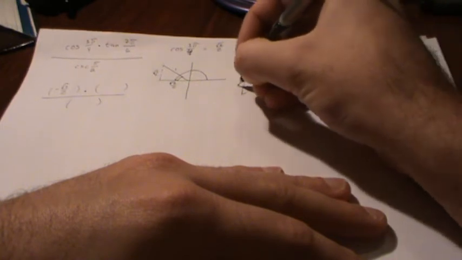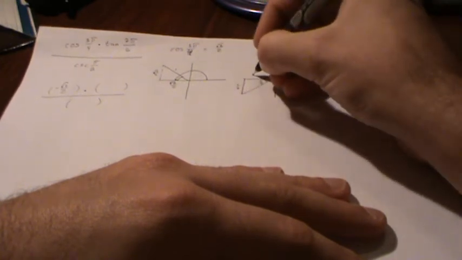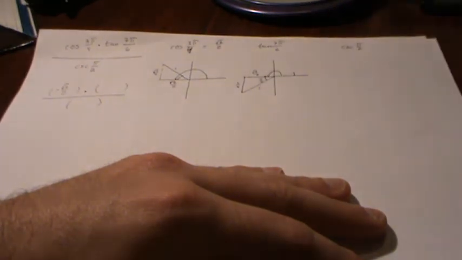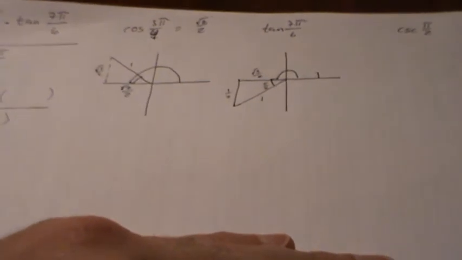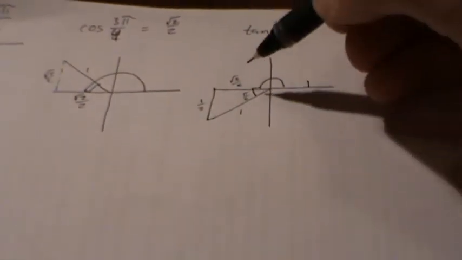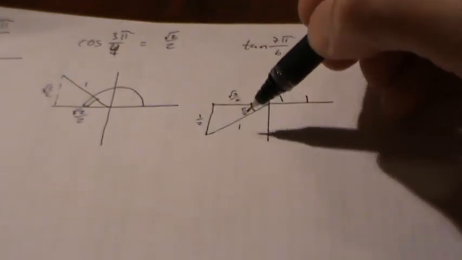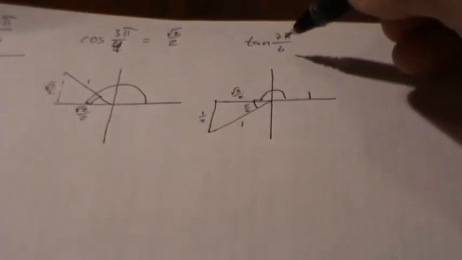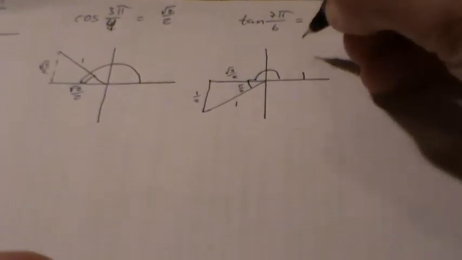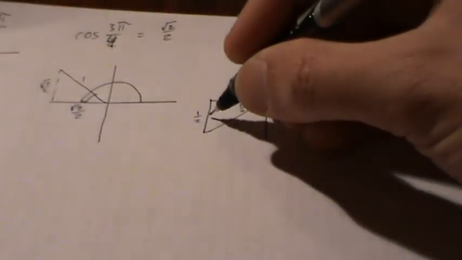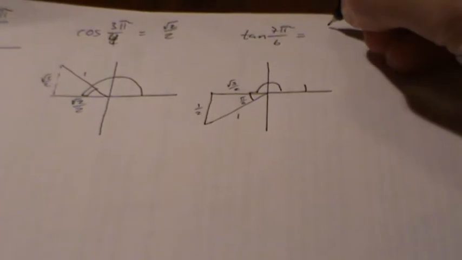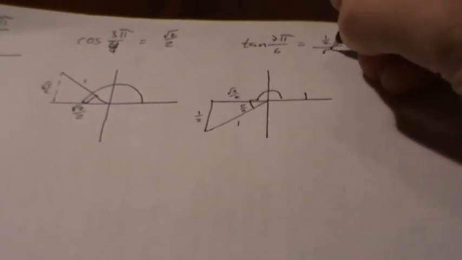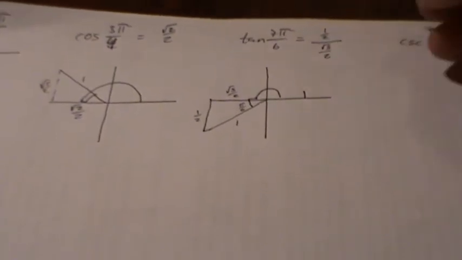Now the pi over 6 triangle looks like this: 1/2, square root of 3 over 2, and 1. Okay, I'll zoom in on that a little bit. Square root of 3 over 2, 1/2, and 1. And I'm doing 7 pi over 6, and I'm doing tangent. Tangent is opposite over adjacent, or 1/2 divided by the square root of 3 over 2,